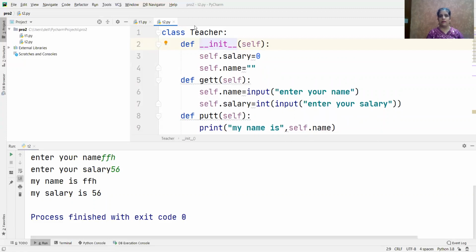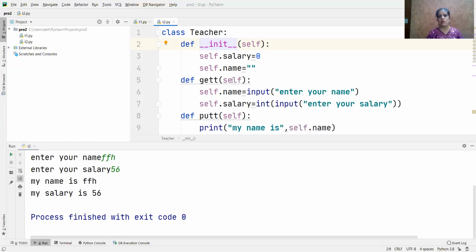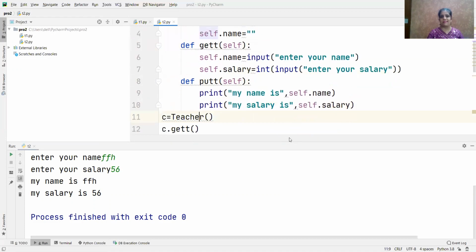T should be capital as the name of the class, colon, and then define the init method. जितने भी आपको variables बनाने हैं, you have to declare here. If it is an integer, you have to put 0. If it is a text value, you have to put it in double quotes, and then use those variables with the help of these functions. Either you can give a fixed value, or if you want to take it from the user, you can take it from the user. Fine. So I hope this whole concept is clear to you.